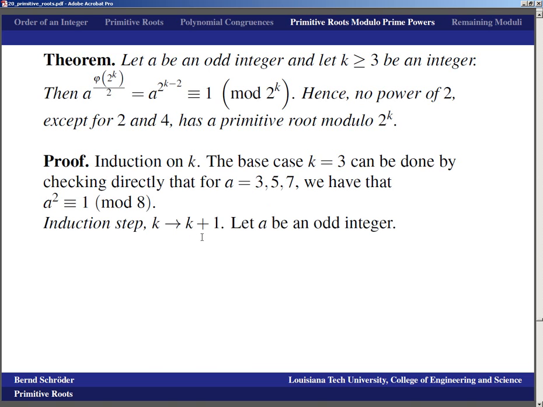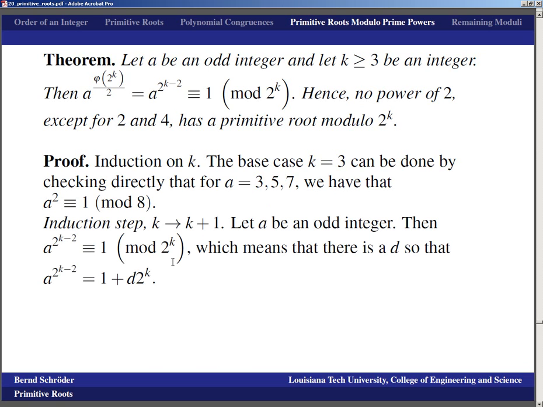And now we go from k to k plus 1, so we take an odd integer a. Then we have that a to the 2 to the k minus 2 is equivalent to 1 modulo 2 to the k by induction hypothesis. And that means there is a d so that a to the 2 to the k minus 2 is 1 plus d times 2 to the k, and that d may or may not be odd. But either way, we get that a to the 2 to the k minus 1 is a to the 2 to the k minus 2 squared, which is 1 plus d times 2 to the k from here, quantity squared,